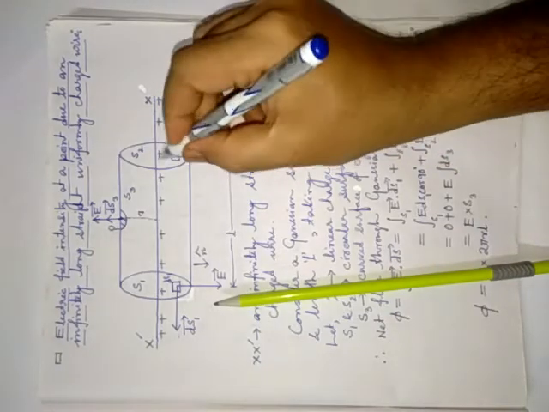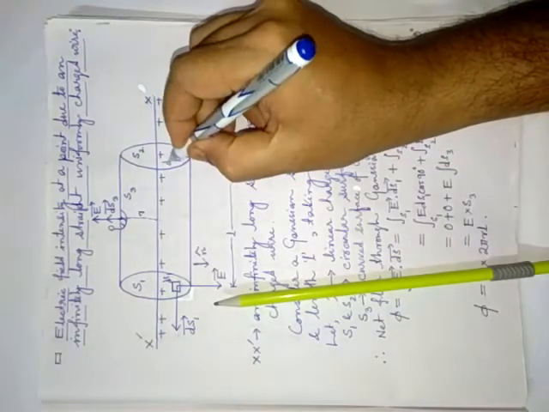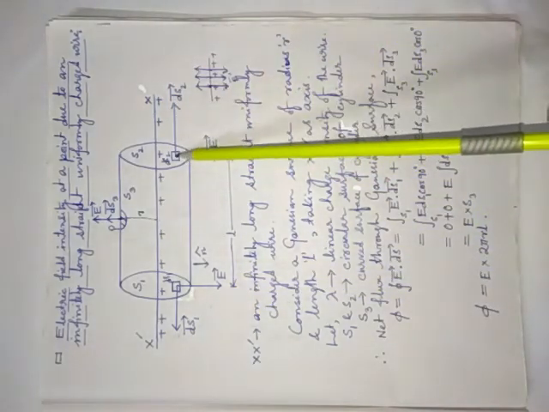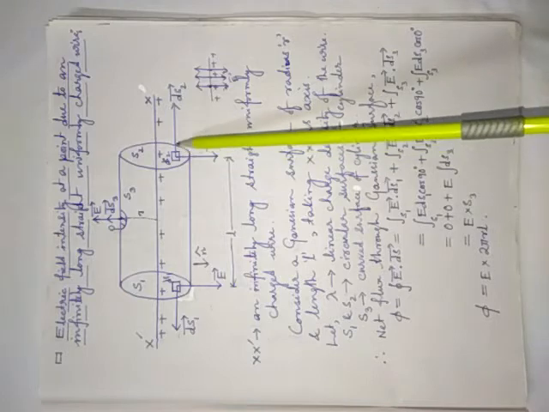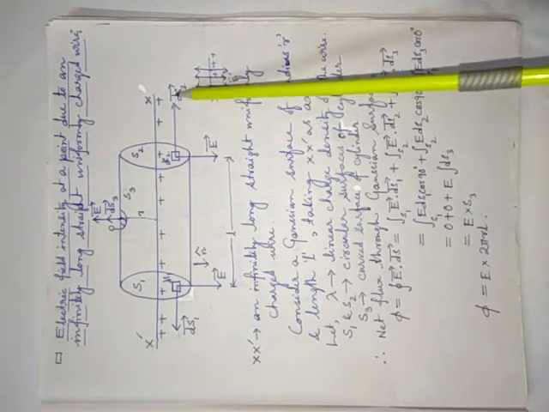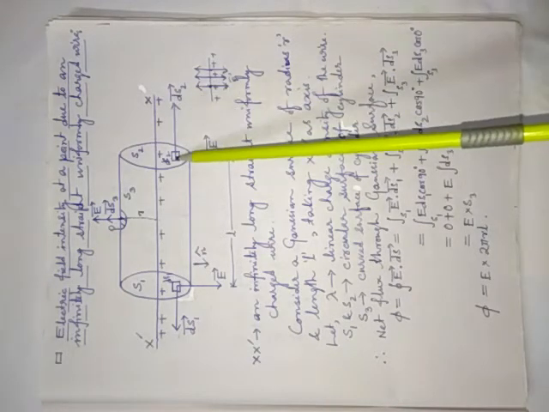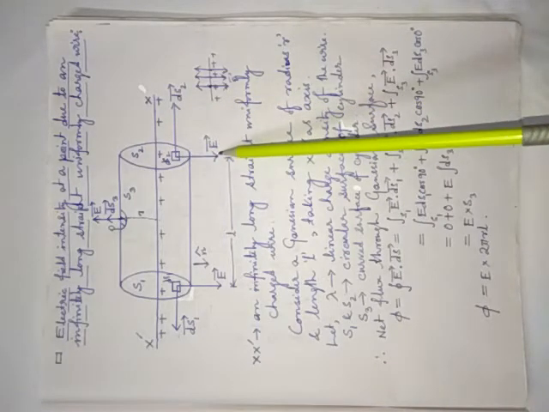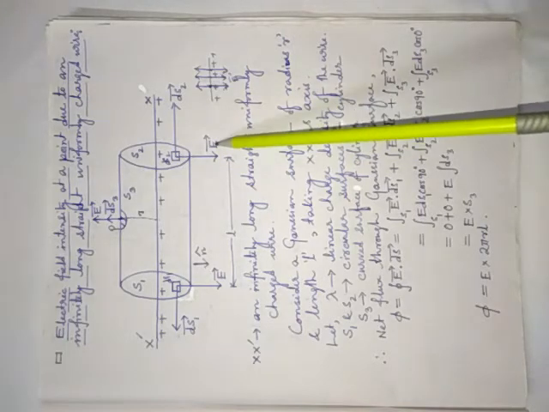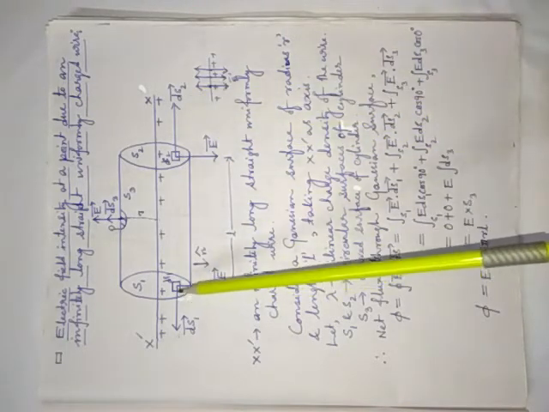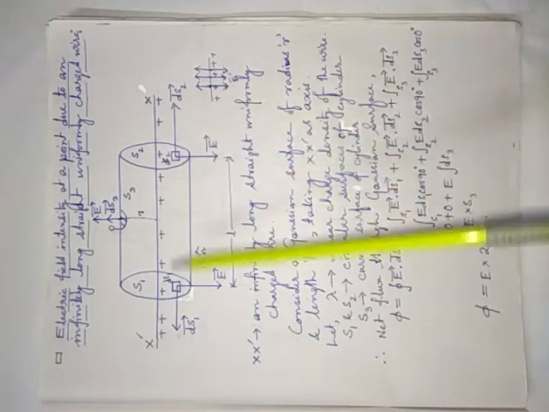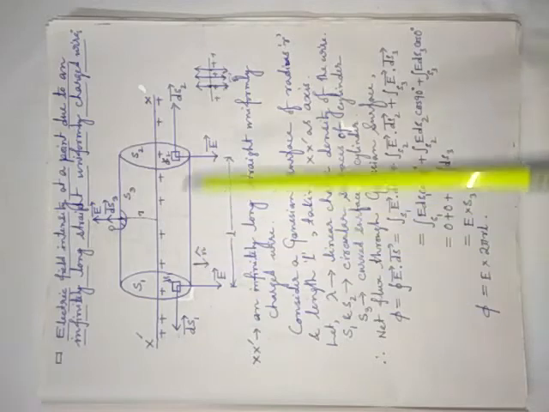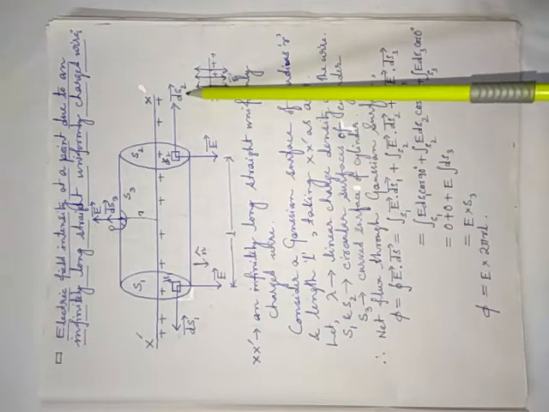Similarly, if you consider this circular surface S2, a small portion, suppose a small area dS2, and if you draw a normal or perpendicular to dS2, that is the dS2 vector. That means the dS2 area vector is perpendicular to dS2, and the electric field is perpendicular to this. That is why the electric field is also perpendicular to dS2. That means for both dS1 and dS2, the angles are 90 degree. The angle between E vector and dS1 is 90 degree, and the angle between E vector and dS2 is also 90 degree.